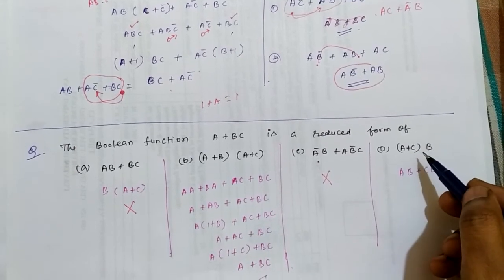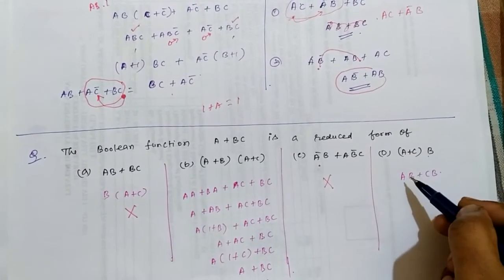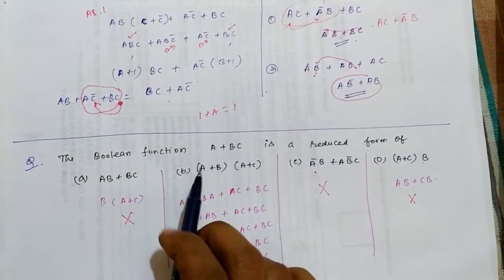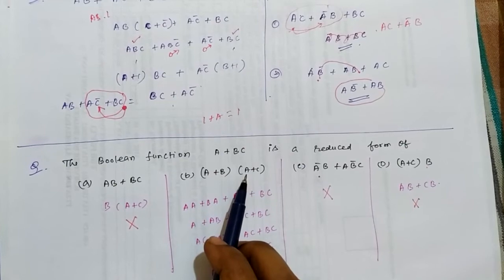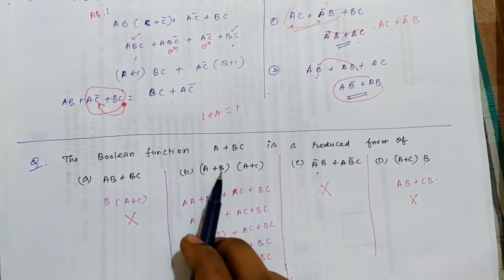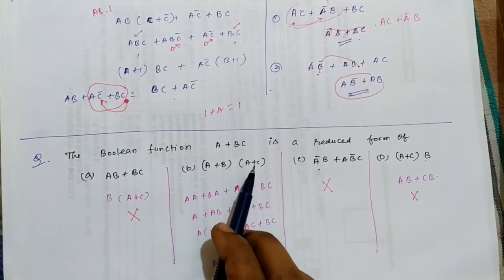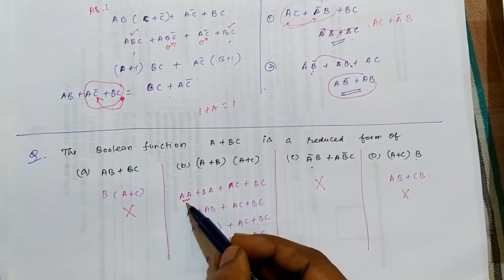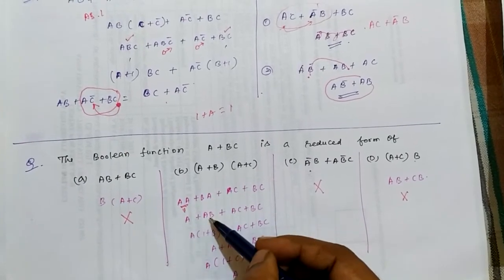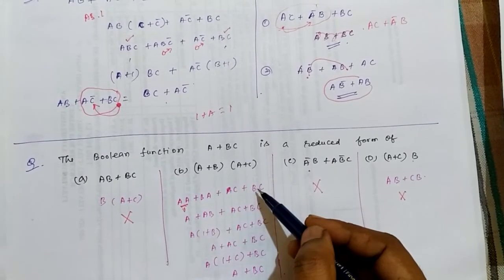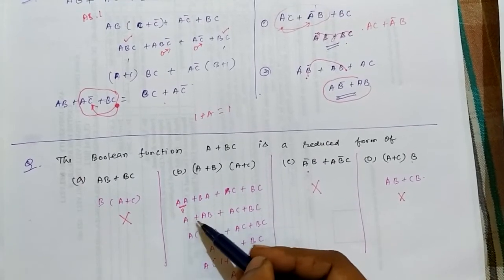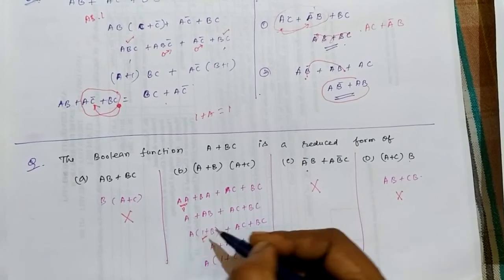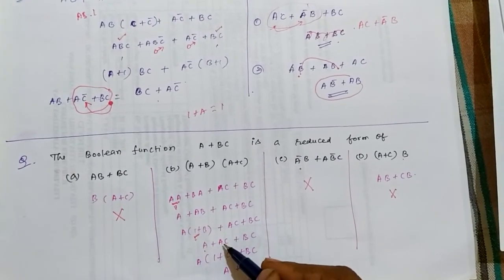Now the third one, with B getting multiplied inside, that is AB plus CB, so that is also not the case. Let us consider this, we have A plus B into A plus C, so multiply this A inside and the C inside, we have four terms. So AA is A, and AB, this is as it is, this is AC, this is BC. So here you can take A outside, A of 1 plus B, that becomes 1, remaining we have A, this is AC, BC.